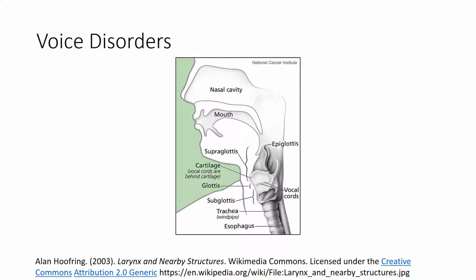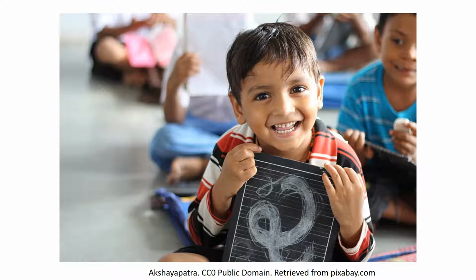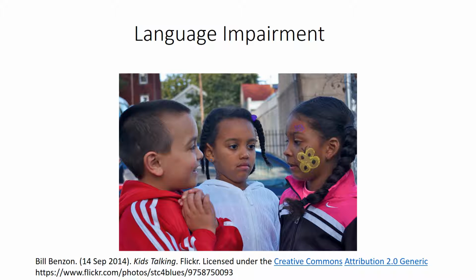Voice disorders include problems with the quality or use of one's voice resulting from disorders in the larynx. They are characterized by abnormal production and/or absences of vocal quality, pitch, loudness, resonance, and/or duration. It is crucial to understand that some children demonstrate misarticulation and non-fluency. This is common among children and does not automatically mean that a child has a speech disorder.